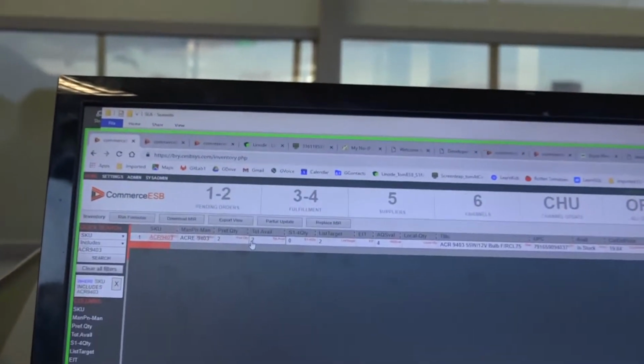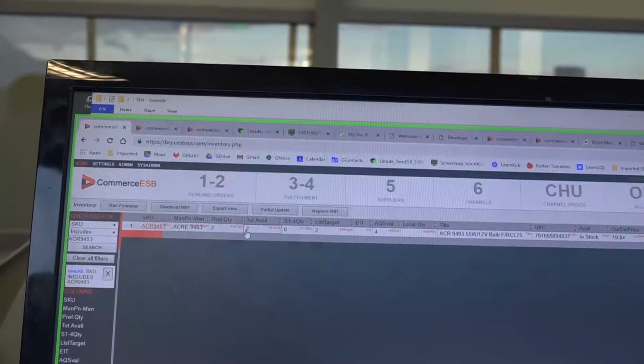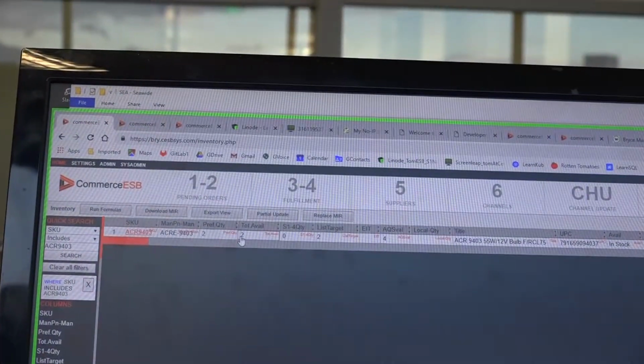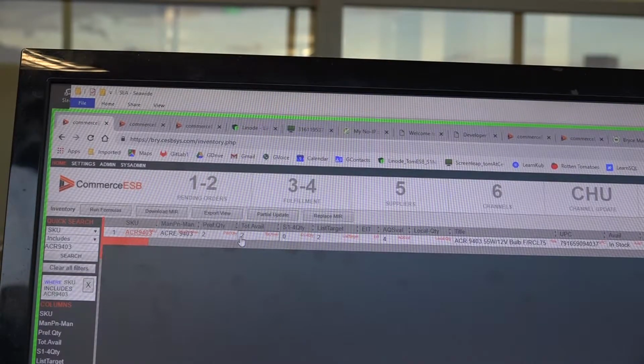We can just tell the system to adopt that as your item SKU. Right, which is quite informative. You can see that this is an ACR Electronics part number 9403, and just by looking at that as a SKU, you know a lot about it. You'll recognize ACR means ACR Electronics, and there's the part number. So it's an informative SKU, other than, like a CWR, which is just a 5-digit number and is not